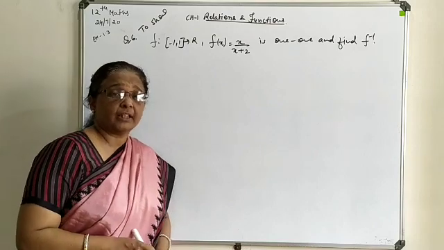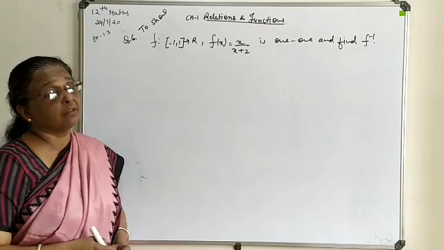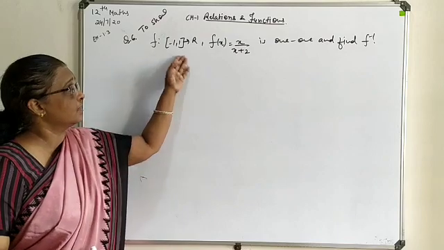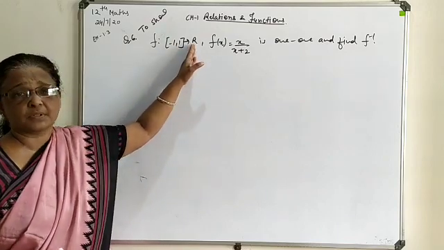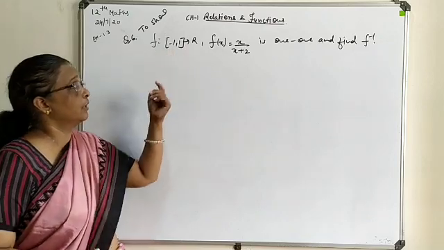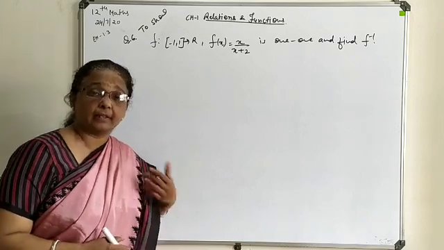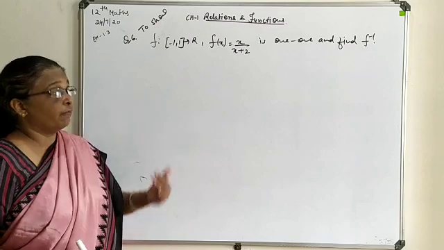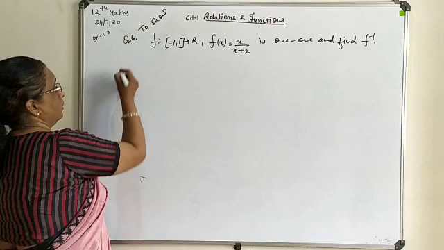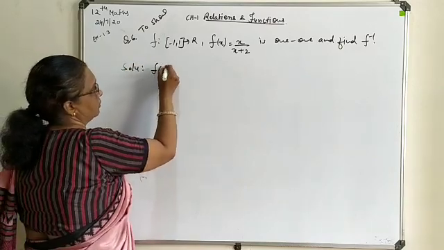As I told you, there are certain steps which are to be used to show that a given function is 1-1. So stepwise we are going to move. Basically in this range, if you check, you will get the answer in terms of R. So for each value lying between -1 to 1, you will definitely get an answer in R. So it will be considered 1-1. Theoretically it is clear, but we will understand how it can be written stepwise. Now here, stepwise, first of all you write your function.